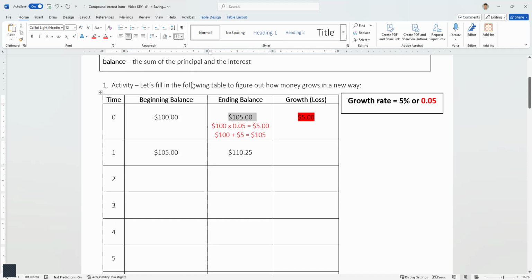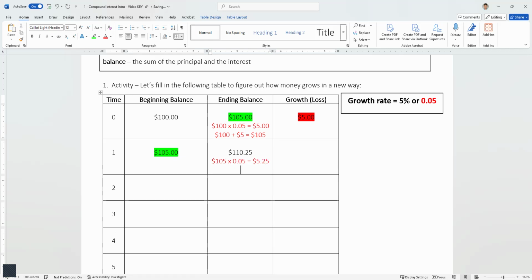What I want you to pay attention to is the fact that we end the year with $105. And the next, I shouldn't say year, but it could be whatever time period we're looking at. Typically, it's years. At the beginning of the next time period, we're going to start with that newer base of $105 instead of 100. What that means is now we've increased our base. Okay. So to do the calculation here, we're going to do the same thing where it's like, hey, we're going to do another, sorry, not $100. This new base of 105 multiplied by the 0.05. So the interest rate never changes, right? And that's going to give me, I think it's